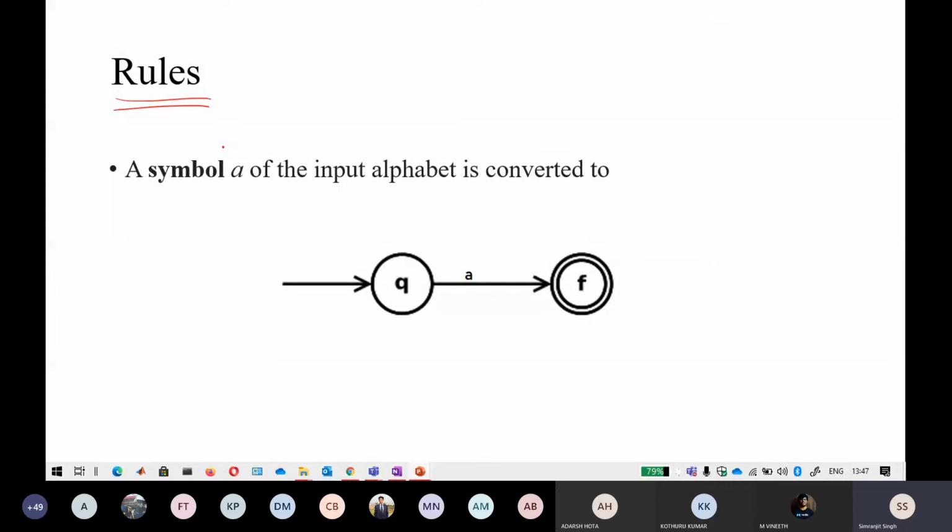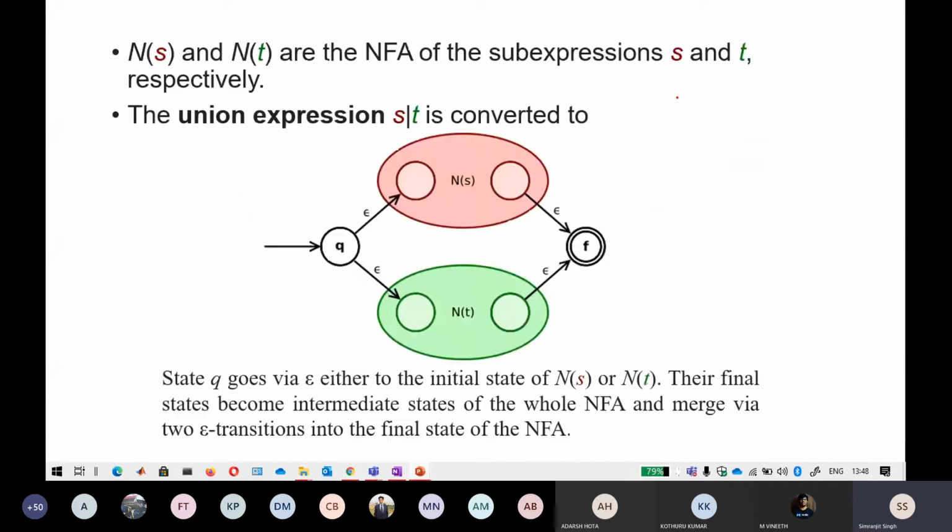These are the rules of the Thompson construction method. It looks a little bit difficult, but if I solve a question, you will understand that it is very easy. This is just copy and pasting. Just keep the rules in mind, then you can directly convert any regular expression to an NFA. The first rule: a symbol A is converted like this. If you want to accept A, you can directly do this. There is no change in the rule whenever you want to accept a single symbol, similar to what we have done in practice. Now the changes will lie in the next rules.